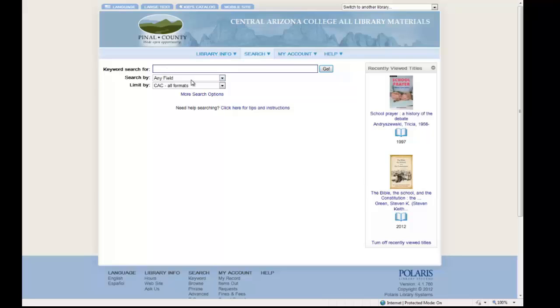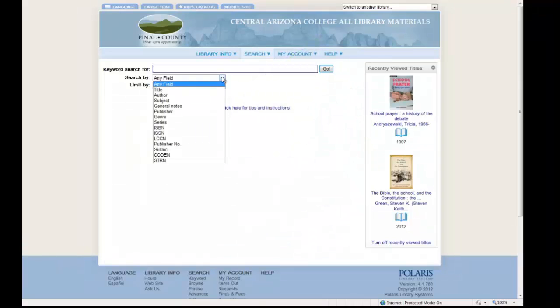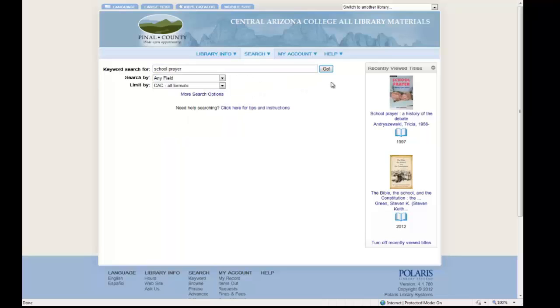Also, look at these different search features we have here, like the Search By menu. If we look at the menu, we can search by title, author, subject, number of different ways to try to locate items. If you're not sure of the exact title or author or subject that you're looking for, it's probably better to search by any field, which is the default search. You can just type in keywords that are meaningful and bring up books on that particular topic. In the example we'll use here, we'll try searching for books on school prayer. So I just type in school prayer, click the Go button,